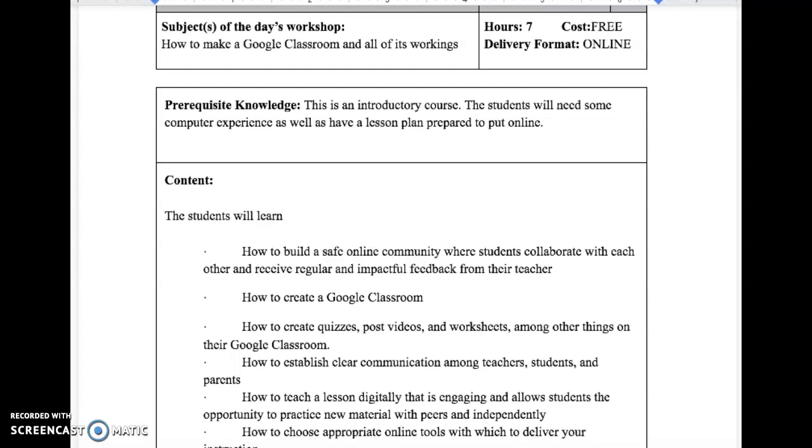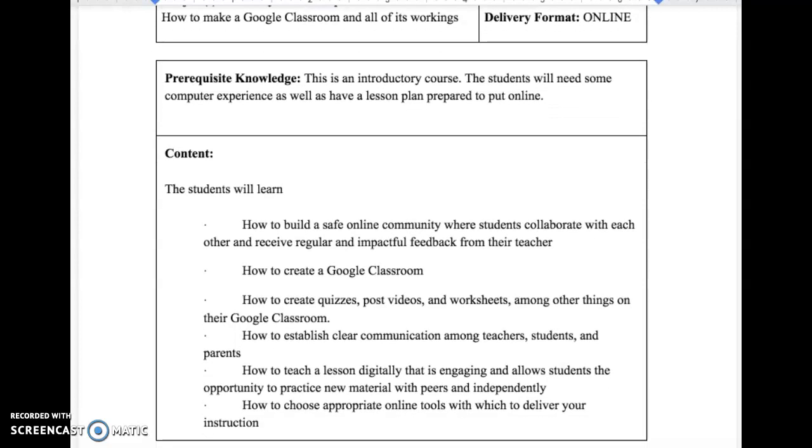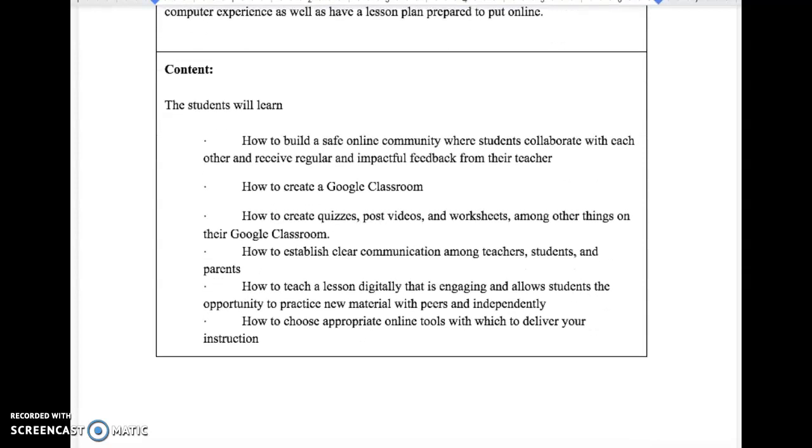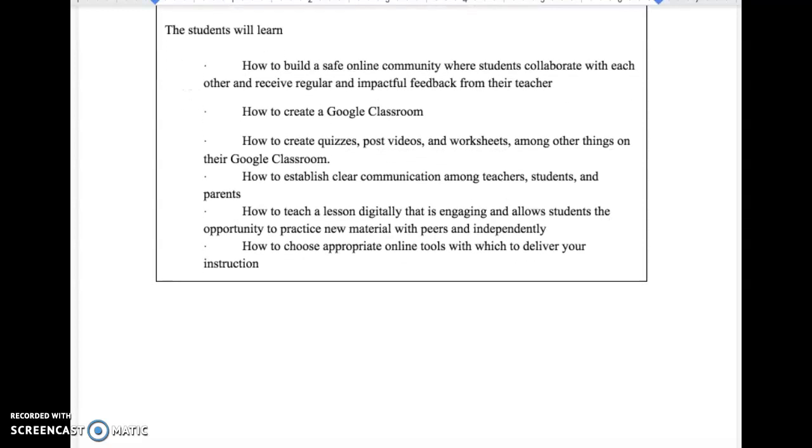where we will be online. The students will need some computer experience as well as having a lesson plan prepared to put online. So we're going to learn how to build a safe online community where students collaborate with each other and receive regular and impactful feedback, how to create a Google Classroom, how to create quizzes, post videos and worksheets, among other